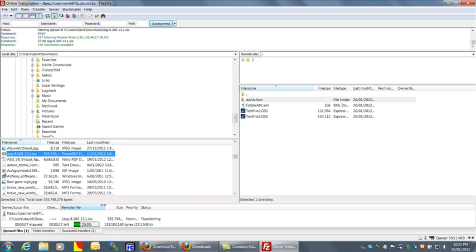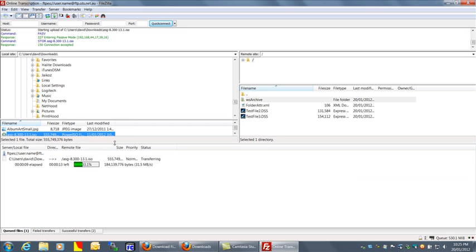You can get a list down the bottom here of your transfer, how far it's going, how fast it's transferring. If you clicked on 5 files, they'd queue up one below the other, and you'd see them in the window as they went through. And once it's finished,